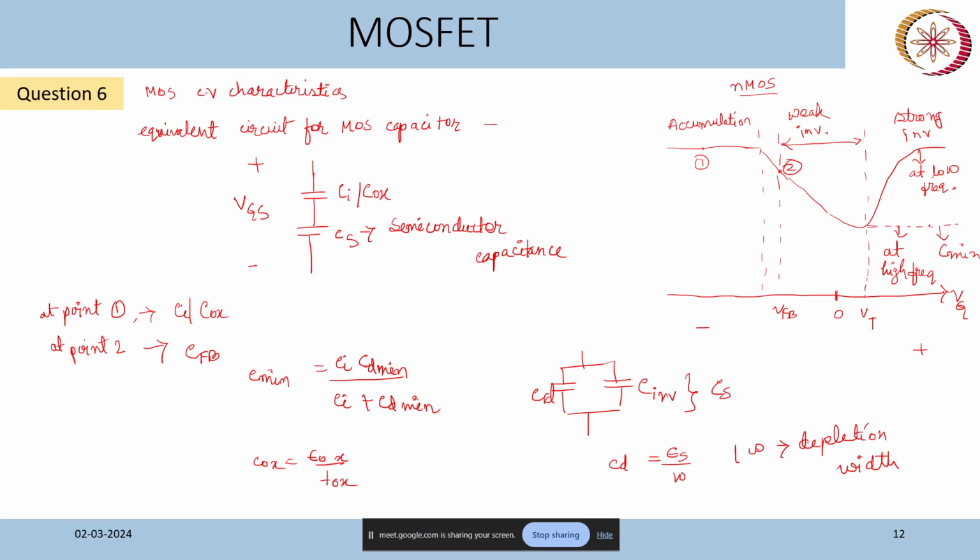and if it is a low frequency measurement, then in the strong inversion also we can get the thickness, which is very difficult to measure practically. That is why I mentioned that the CV characteristics for MOSFET are very important to get different parameters. What other parameters can be determined from CV characteristics? I think the doping concentration can also be determined. The flat band voltage or the flat band condition also gives certain information. But let's go to the question that was actually given.